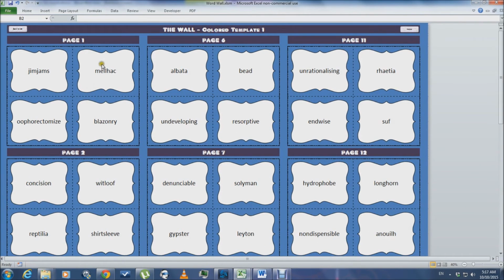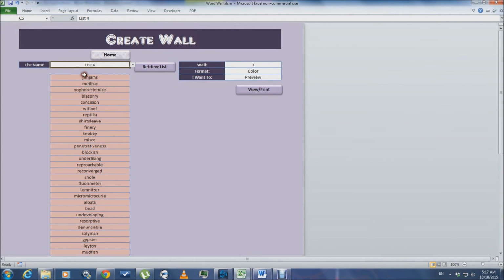Now what happens is the application checks the first row over here, Jim Jams. Now if this first row has a word, it will print the first page. It will count the next 4 words. It will count 1, 2, 3, 4, and if this one has a word, it will print the second page,